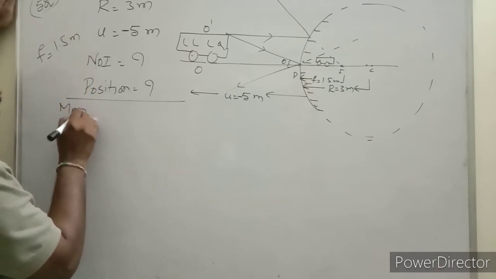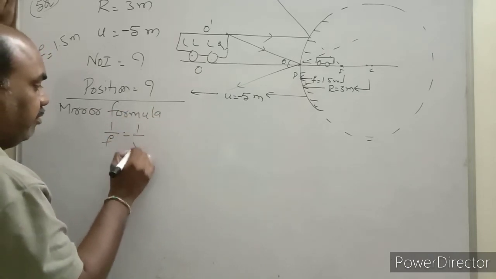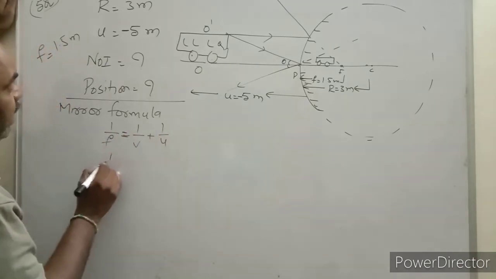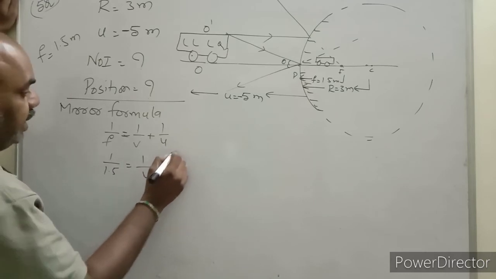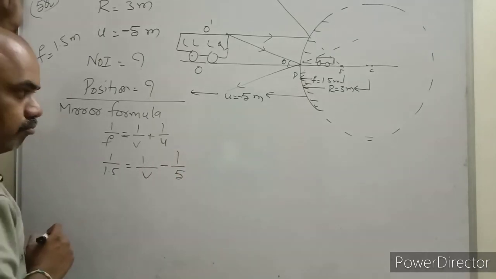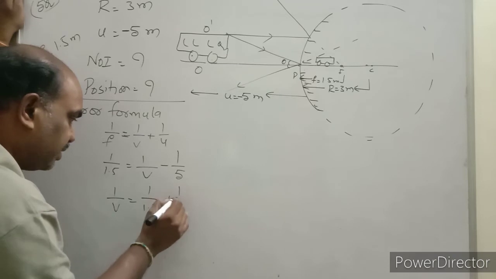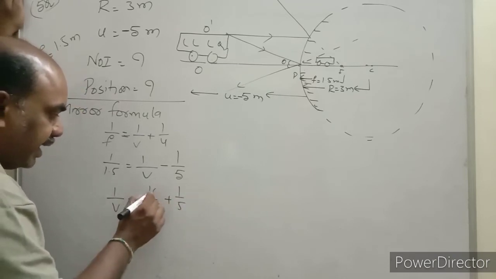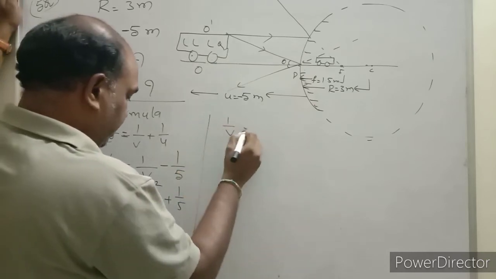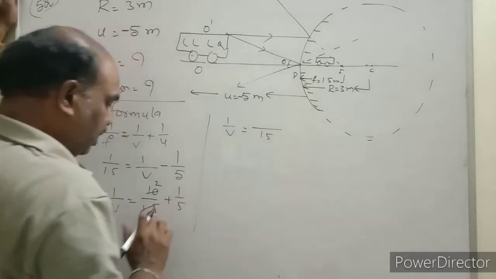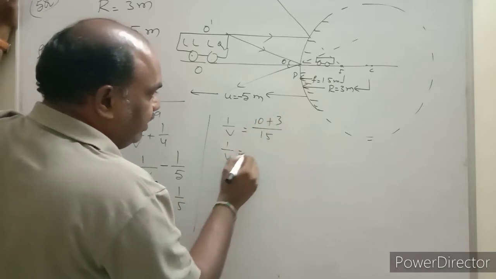We know the mirror formula. Tell me, what is the mirror formula? Mirror formula is 1 by f is equal to 1 by v plus 1 by u. 1 by f is nothing but 1 by 1.5, is equal to 1 by v, we have to find, plus 1 by u, that is minus 1 by 5. Understand children? 1 by v is equal to minus 1 by 5 comes to this side: 1 by 1.5 plus 1 by 5. If you remove the point, 10 comes into the numerator. 5 2s, so 5 3s. I'll write here: 1 by v is equal to, 15 is the LCM. 3 5s, 5 2s are 10. 5 3s, 3 1s. 1 by v is equal to 13 by 15.